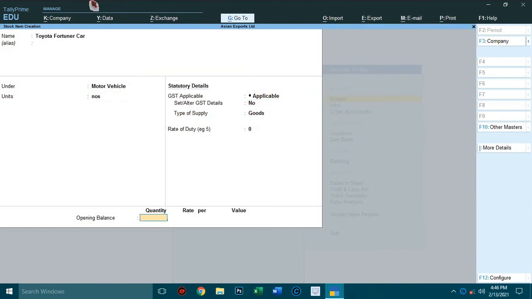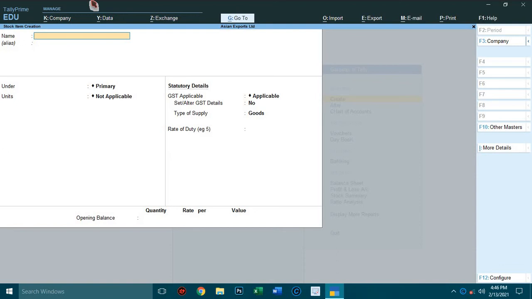So in opening balance, you have to type three numbers. So cost price is 14 lakh. So why am I entering opening balance? Because it will show negative balances when I am entering in sales voucher. So because of that I am giving opening balances here. Accept. Okay friends, now we created every ledger and stock items.